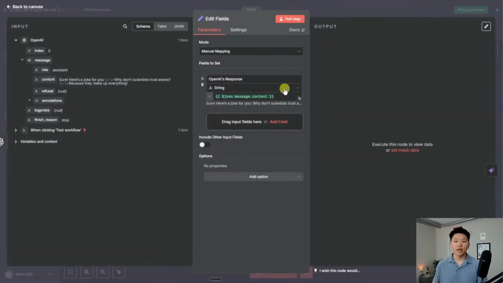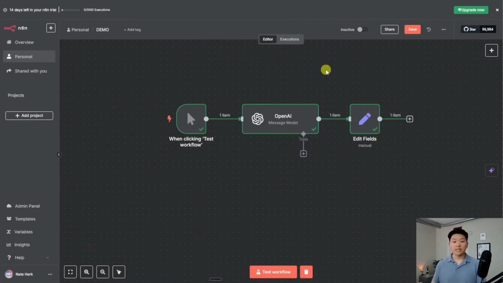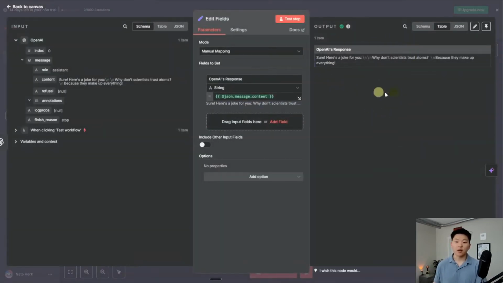So now, if I go ahead and test this step, we can see that we only get OpenAI's response, which is the text we want. So this would basically be a workflow because we have a trigger and then we have our nodes that are going to execute when we hit test workflow. If I hit test workflow, it's going to run the whole thing. And as you can see, super visual. We saw that OpenAI was thinking, and then we come over here and we get our final output, which was